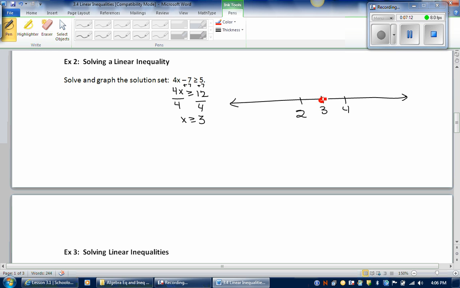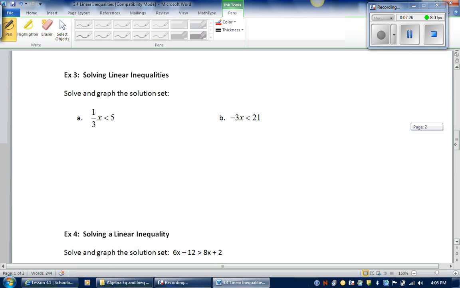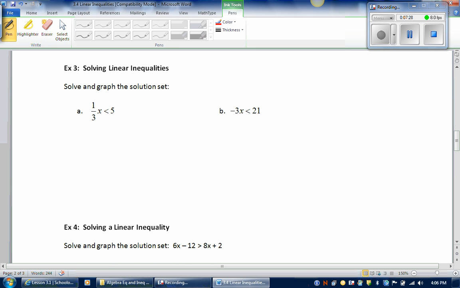Greater than or equal to is closed. Since it's greater than, you're going to go right. All right. And we're going to do the same thing with these. Now,